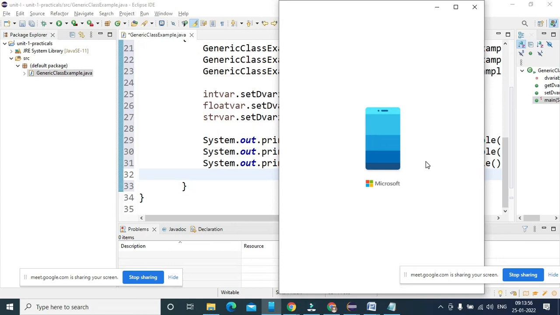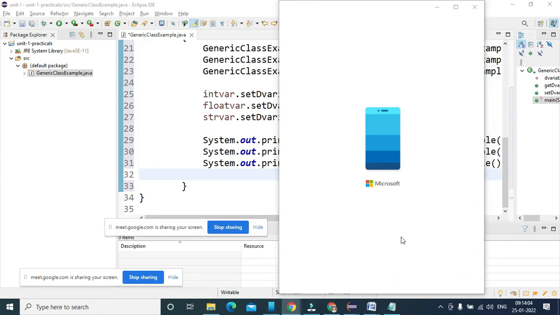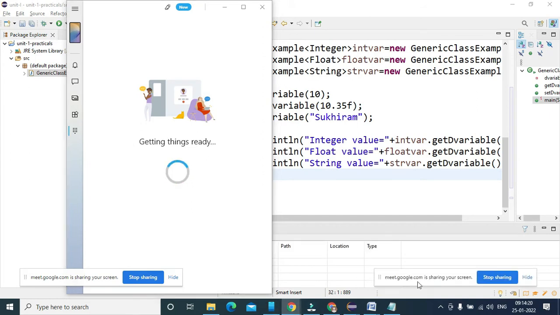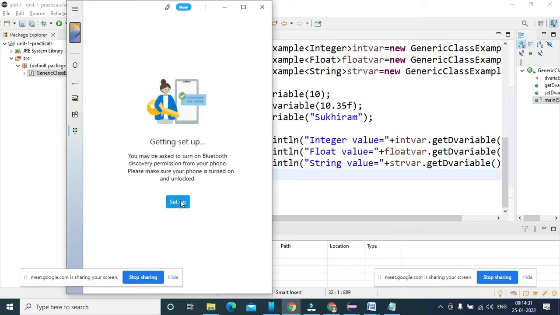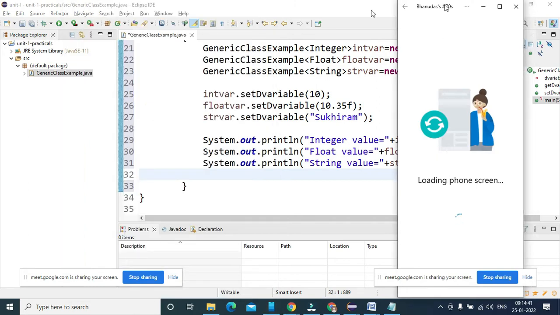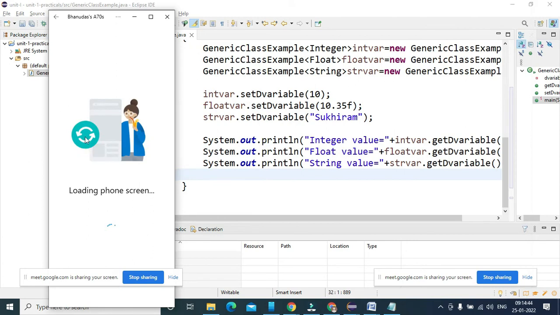Something is wrong, I had done the setup. So A70, I'm just loading my phone screen.